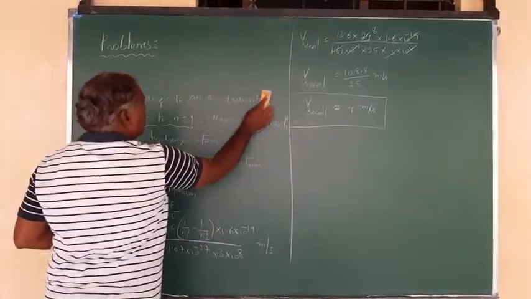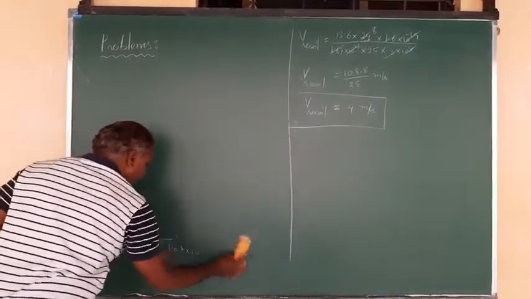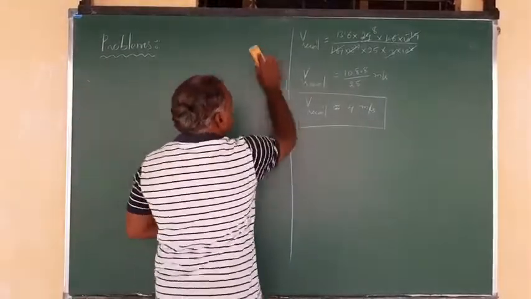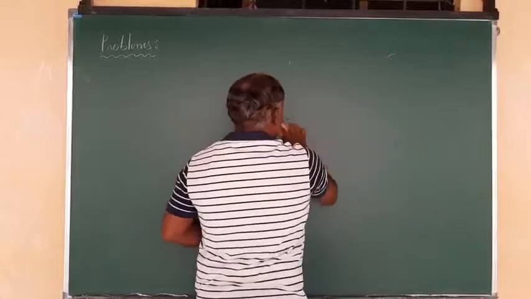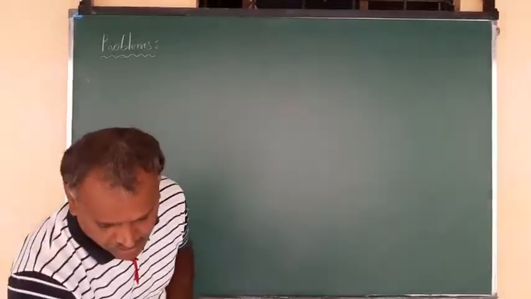Next one. So there is a comparison of maximum to minimum wavelengths during any one of these spectral series. So that may be Balmer, maybe Lyman, maybe Paschen or any one.